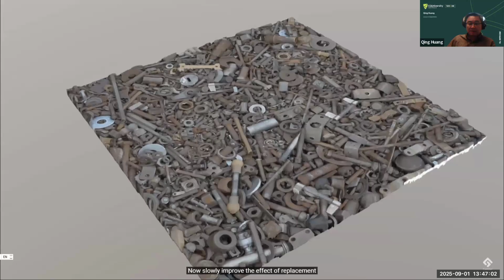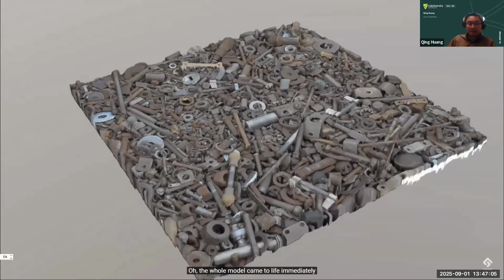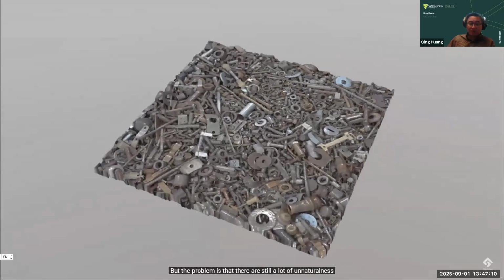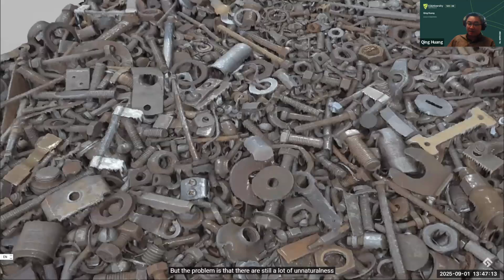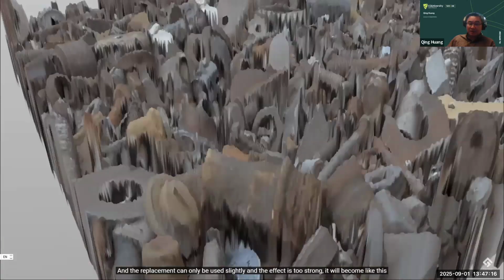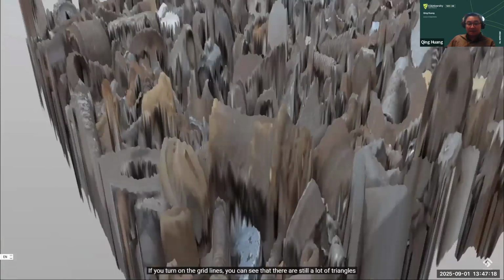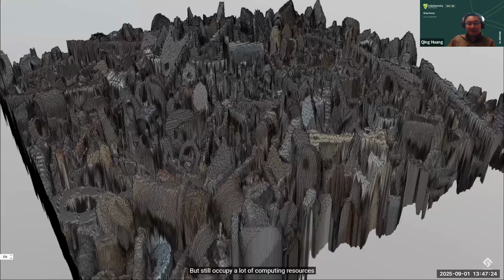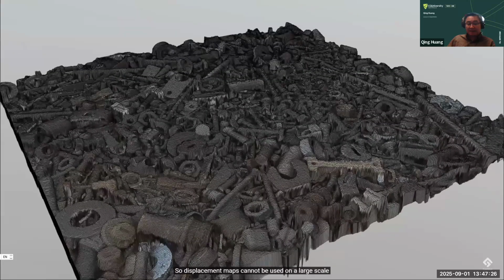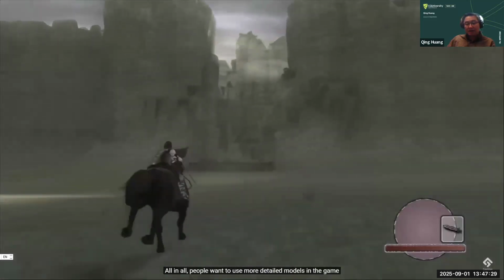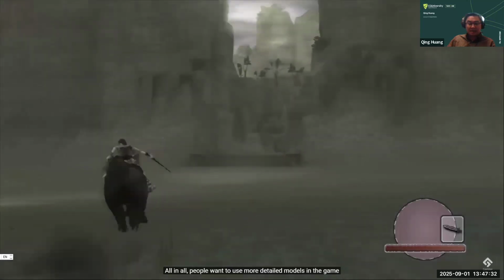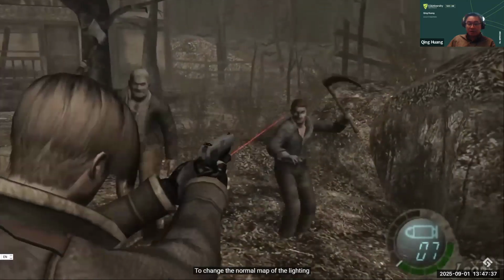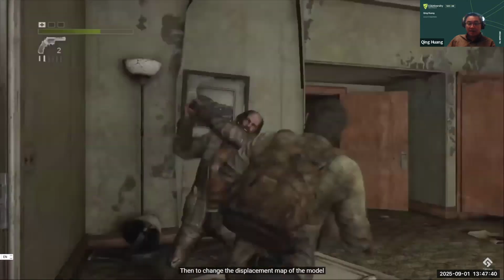现在慢慢的提高置换的效果，哎，整个模型立马栩栩如生。从远一点来看，几乎可以乱真了，almost like the real thing. But don't overdo it. If you overdo it, it will defeat its purpose. 虽然没有高博那么夸张，但依然要占据不少的计算资源，所以置换贴图不能大规模使用。So you can't use them ubiquitously. 总而言之，就是人们为了在游戏里使用更多的模型，想尽了各种办法。从最初的Bump map，到normal map，再到置换贴图，再配合硬件性能来最优地使用三角形数。